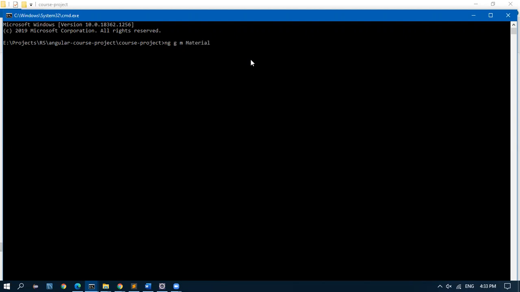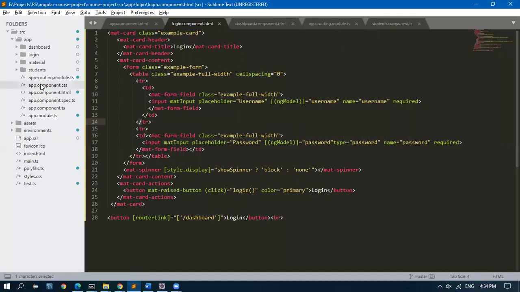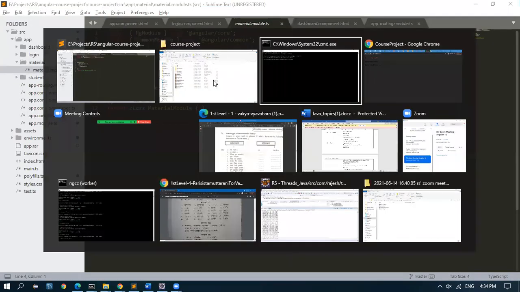So material module. The material.module is created now. Inside this module, I can go ahead and import all the material related code.